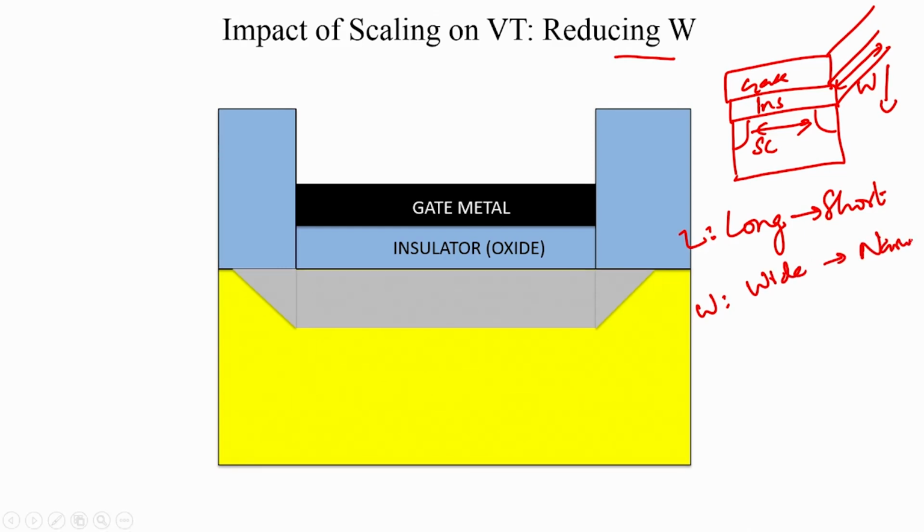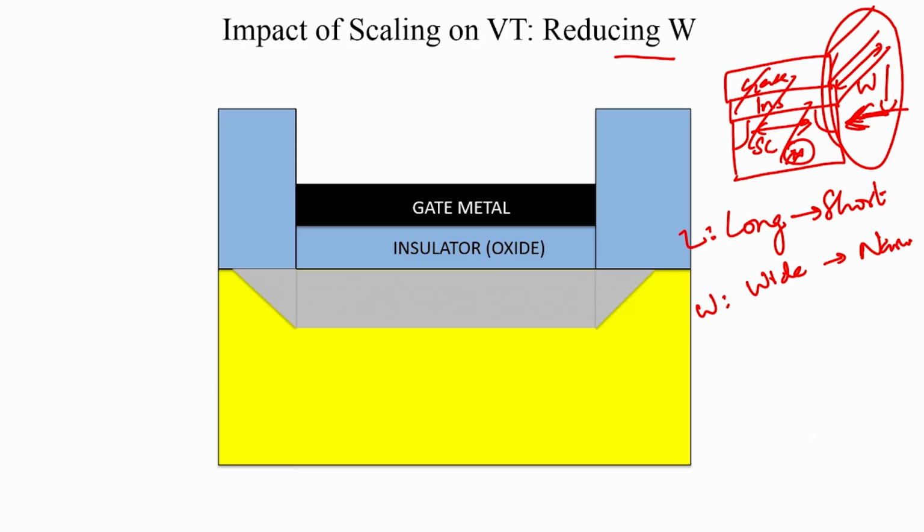Now, let us take the cross section of a wide device. We are going to look at this device from this side. We have always been looking at the device inside the plane, we have always looked at this cross section, but now let us start looking at that cross section. So, that cross section is shown here. Here I have taken a cross section right in the center of the device. So, you can't see the source and drain, we have bypassed it, we are somewhere in the middle of the